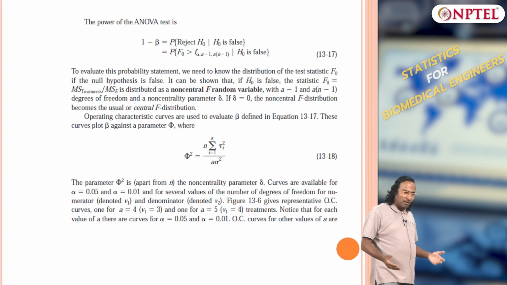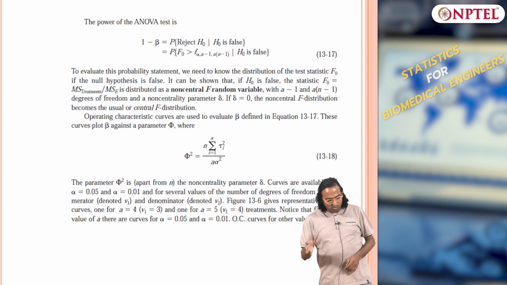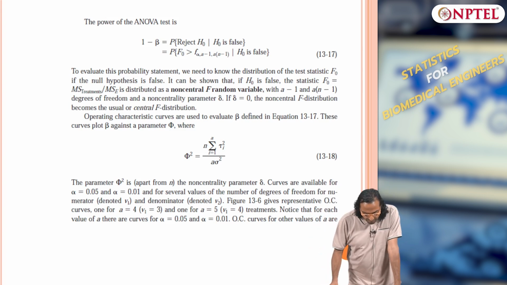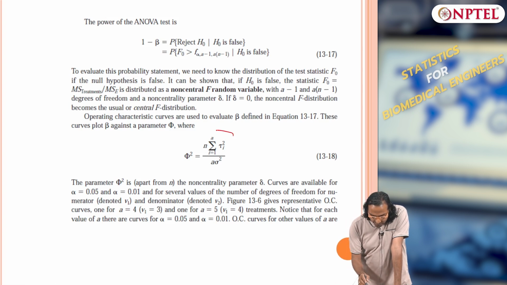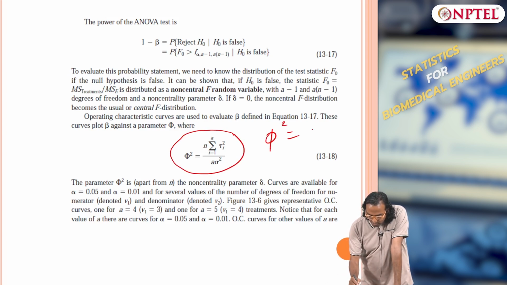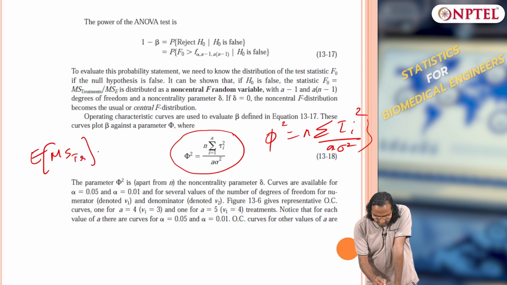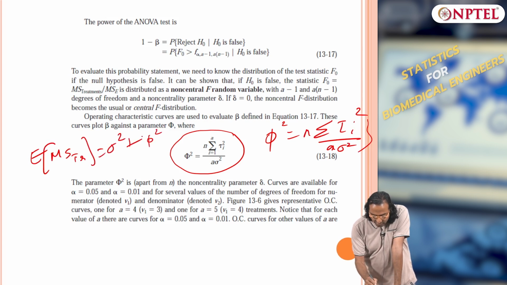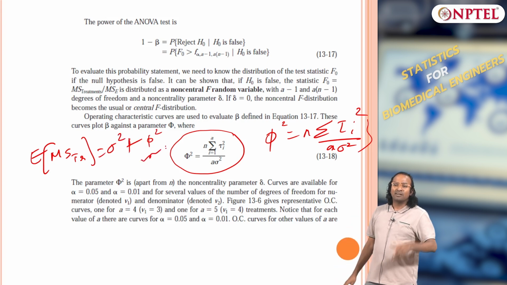So now coming to the power of ANOVA, you need to know the true value, and of course if the true value is close it is difficult to reject, but the key parameter that will determine your beta and your power is this factor that you have estimated in your treatments. I mean phi square, we call it phi square. Remember, the expectation of mean square treatment is sigma square plus phi square. This is the one which distinguishes it from the null hypothesis.